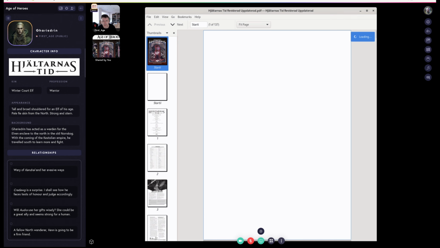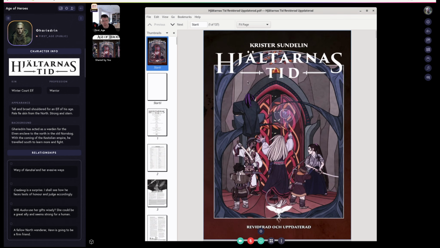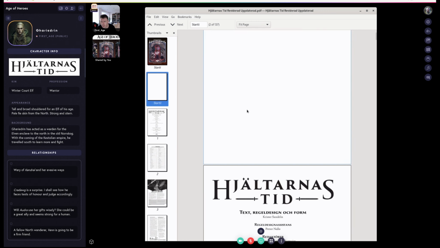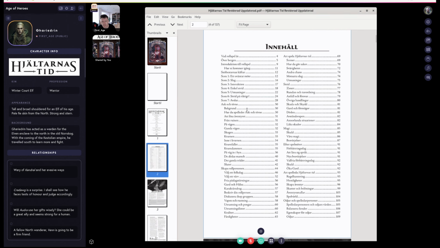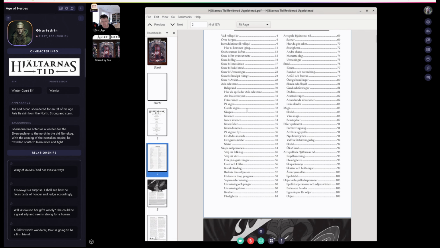So it's just very, very pretty, is what I would basically say. But it is very much in Swedish. As I say, it's 137 pages, so it's a nice light game. It does have BRP DNA throughout it, which is a big plus for me. It still works for me. Maybe I'm just a bit of an old school kind of person.